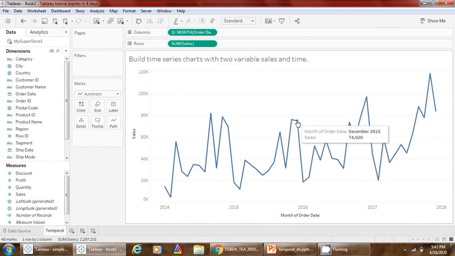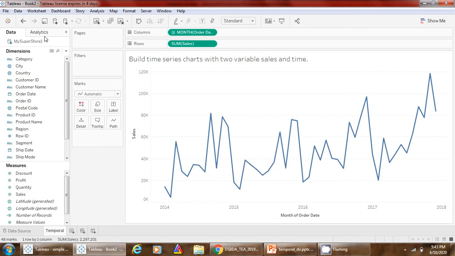Same pattern is observed for year 2015. At the end of year sales values are higher as compared to starting month values. Same for 2016, sales values are higher as compared to starting month's sales value. That means at the end of year sales values are higher as compared to start of the year. This pattern is known as seasonality. Now we have data from 2014 to 2018. If you want to predict the future trend of sales, then you can use forecast model.